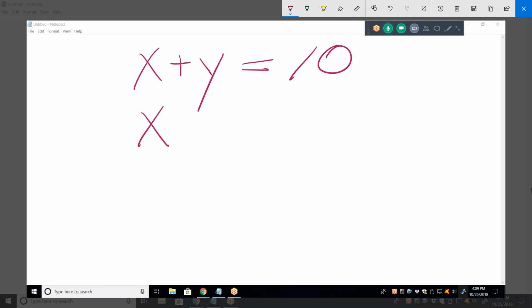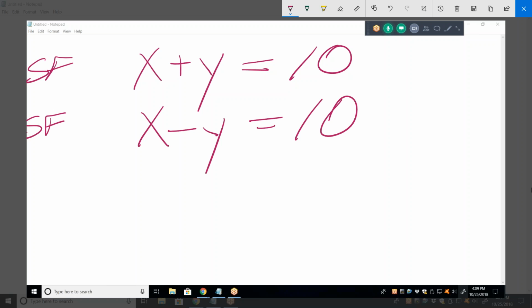Two standard format. Notice what standard format is. The x and the y are on the left side, the numbers on the right side. When you have two that are in standard format, elimination is going to be the easiest way to do it. And the only two things you're allowed to do are add or subtract these two equations. How am I going to eliminate a variable? By adding or subtracting? Adding. It's one way. Actually, you would also eliminate one by subtracting, but